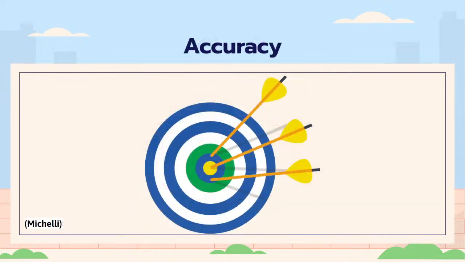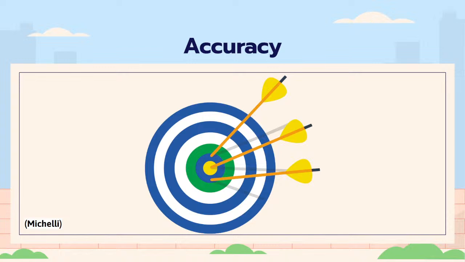Ooh, another one is accuracy. I should have put the other one too, precision. So let's say it together. Ready? Accuracy. Accuracy is so important in engineering. If you are not accurate and precise, then your buildings, your bridges, your robots, everything will be a big disaster. So that's why accuracy is so important.